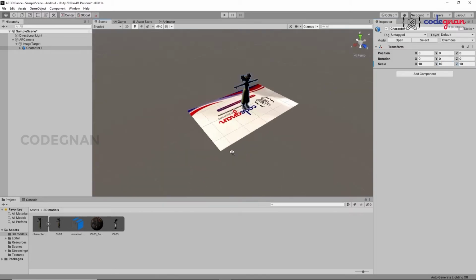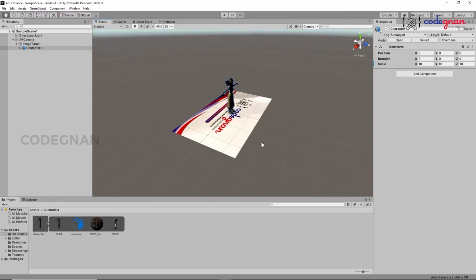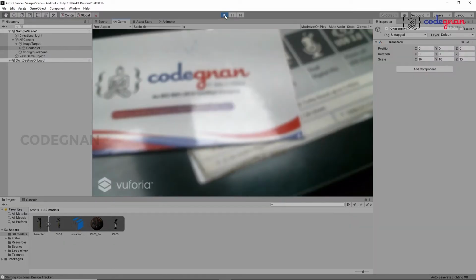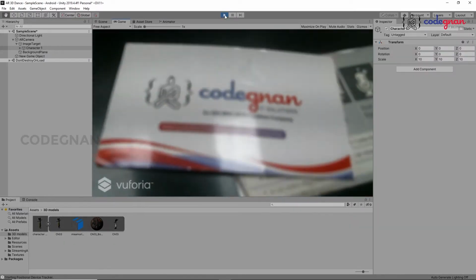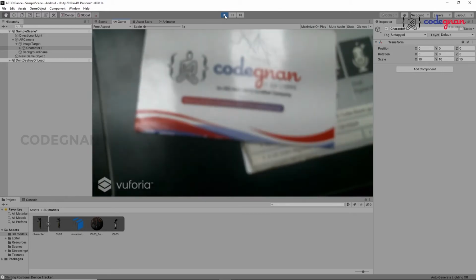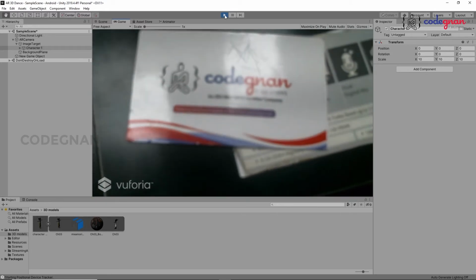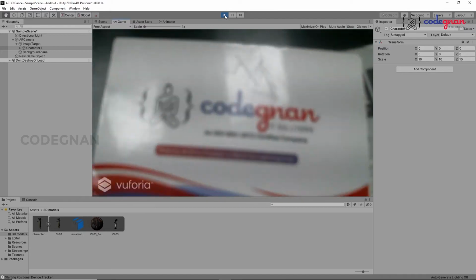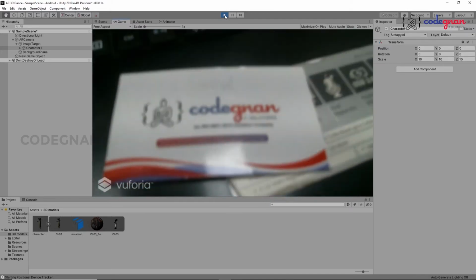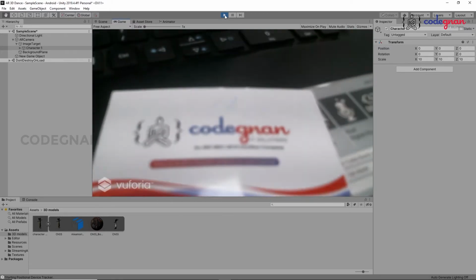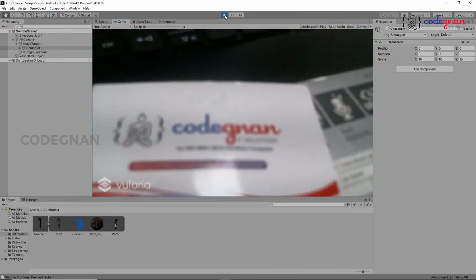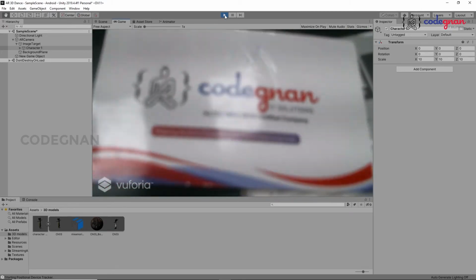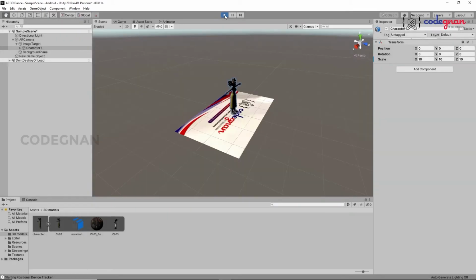I think it is good. Let's check whether it is good or not by clicking on play and scanning your image target. Check whether the size of the 3D model is perfectly good or not. My image target is not tracking. Let's see what happened.